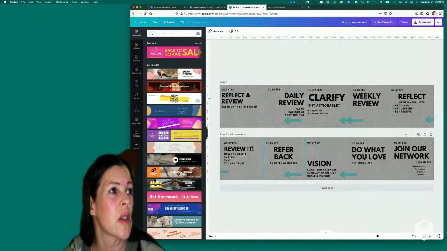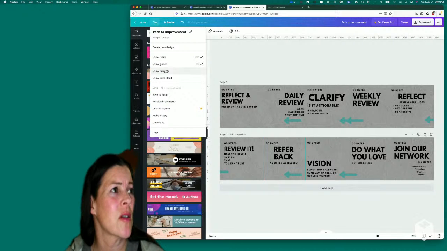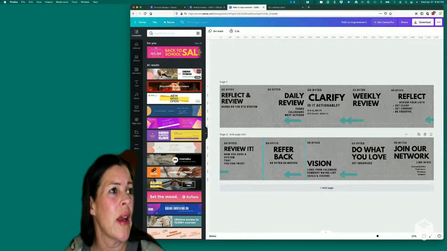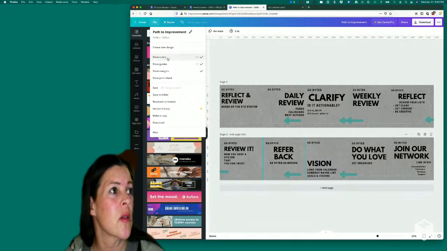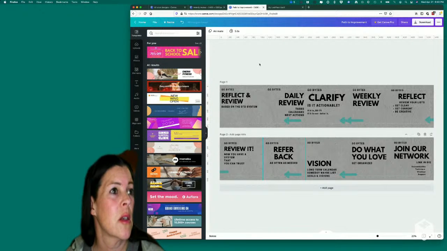Not sure why that didn't show up, but I'll drop a ruler right here. And of course, why Canva? At least I've got a few guides here. Show print bleed, we don't really need that, but I'm going to show margins. And, you know, at least it will drop